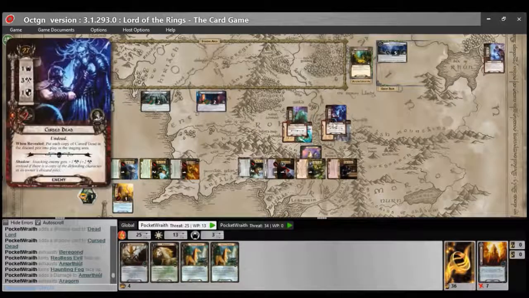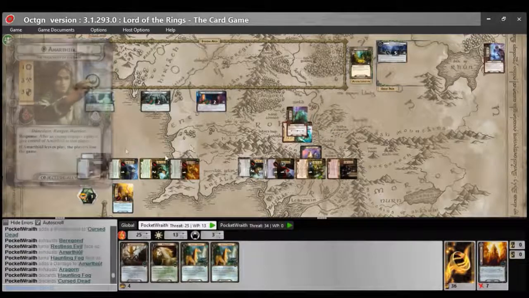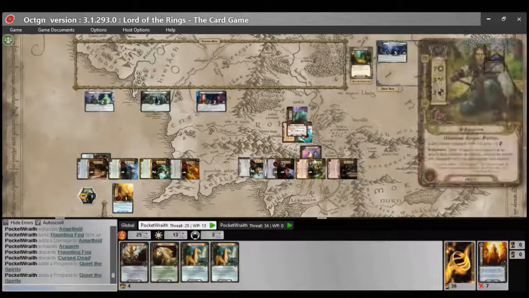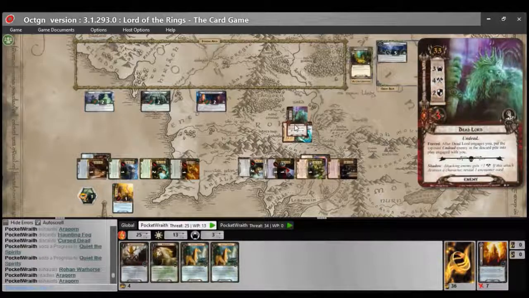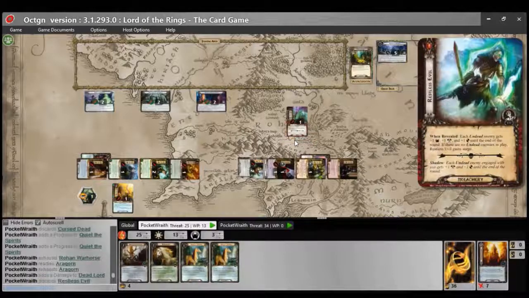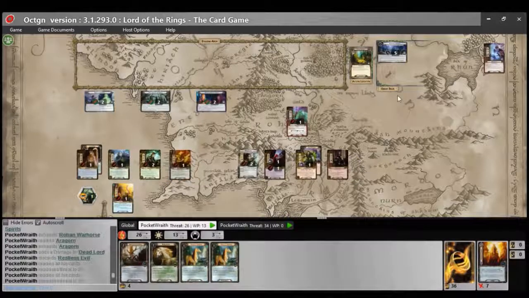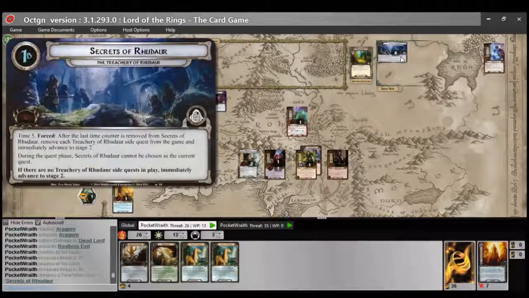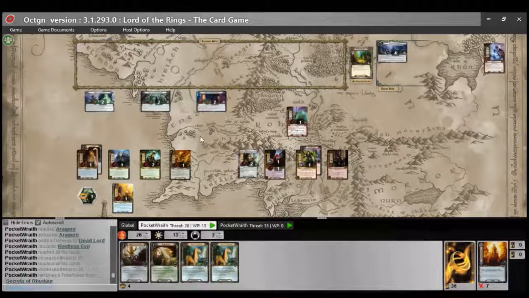So, Aragorn will attack the Cursed Dead. It's +1 defense, but -1 defense from Aragorn, so he can still kill it by himself. Puts 2 progress on Quiet the Spirits, and I exhaust the Rohan Warhorse to ready Aragorn. He can attack again. This is +1 defense from the Shadow effect, but -1 from Aragorn, so 1 damage. And let's do this properly. Control R. At the end of the round, remove a time counter. Then we also...